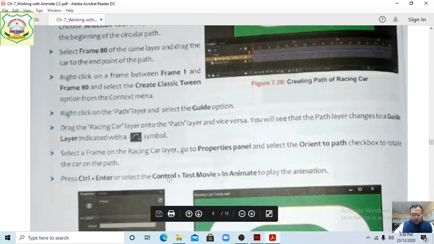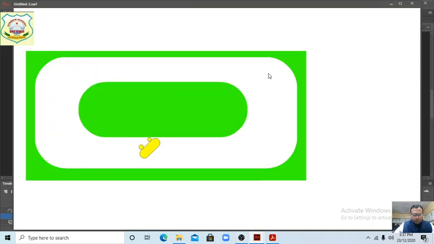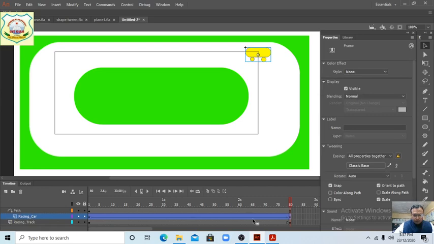Now next option, press Control plus Enter in the same way, whatever we have done, Control, Test Movie, Animate. So we are not getting the actual path, that's why it is not moving now. Okay, again I'm doing this. So this way we have to move on the path.